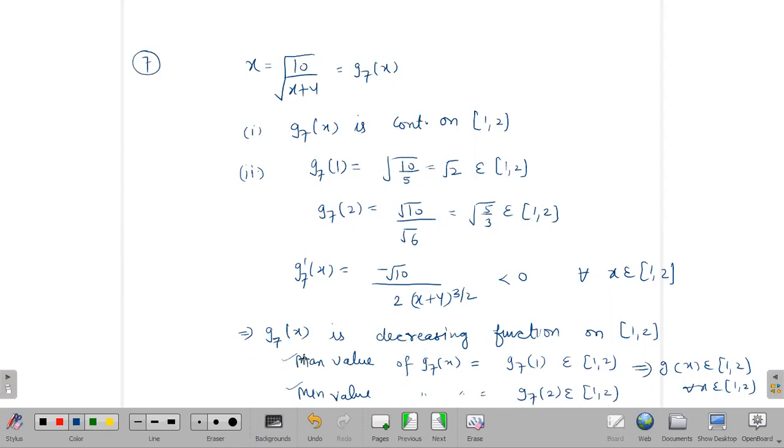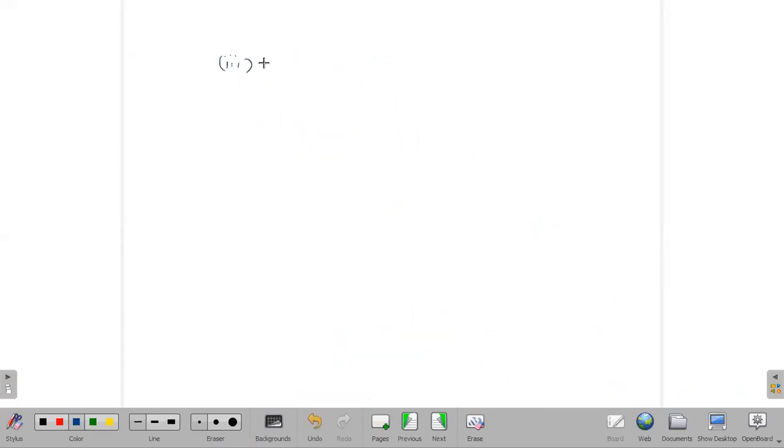So then you will find out the values at the boundary points. You are finding those values only at the boundary points because these are the maximum value and minimum value. It is not the case that you just find the values at the boundary points and then you are done. Because it is the maximum value at one boundary point and the minimum value at the other, that's why we are checking only the boundary points. So that gives you the maps into itself. Now let us take the third condition, that is the derivative.